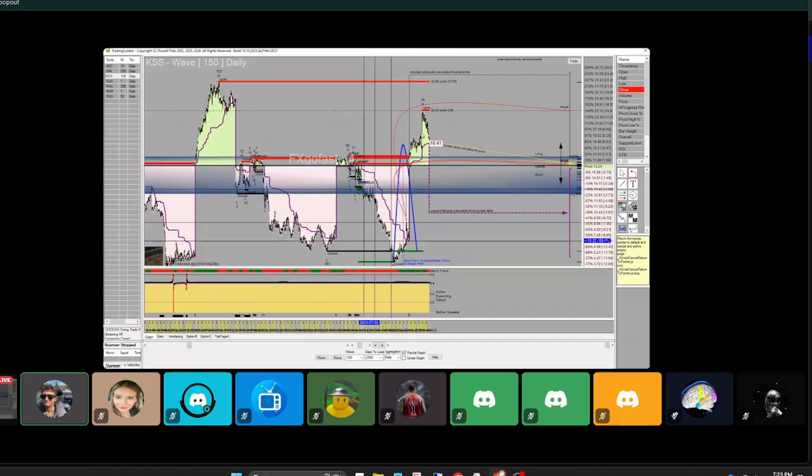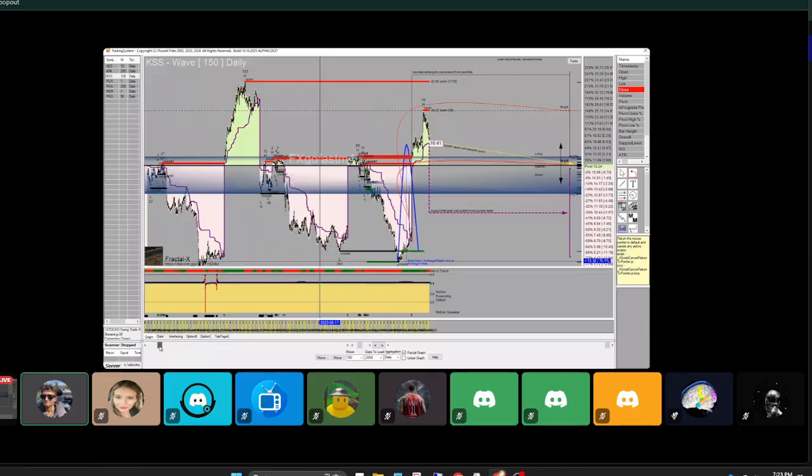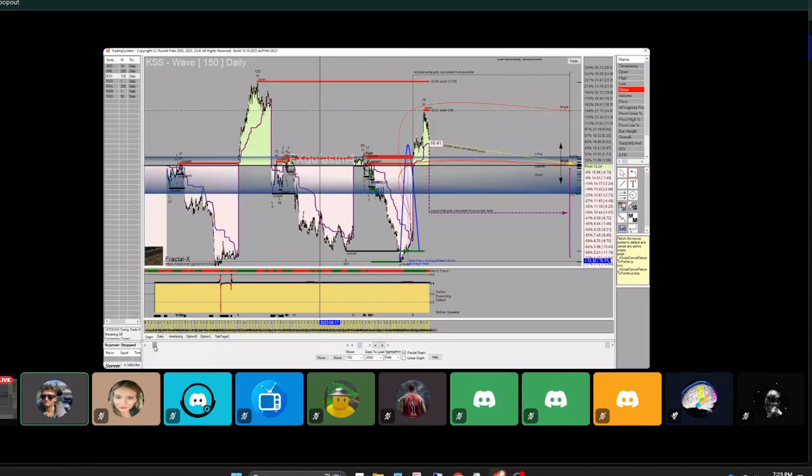But I'm really liking this. Anytime you see compression that long, it's getting ready for a sharp expansion. That's kind of what we saw with Intel. Intel compressed for a while, it went consolidated, went sideways, and all of a sudden started spiking. I mean, that CES event where Intel really took off, and the good news from that. That's kind of what I'm seeing with this one. Maybe something good's on the horizon for Coles.